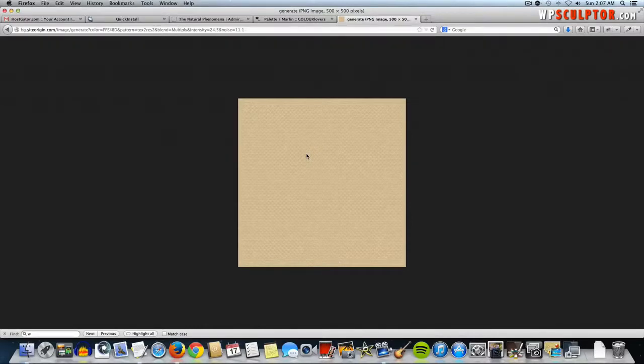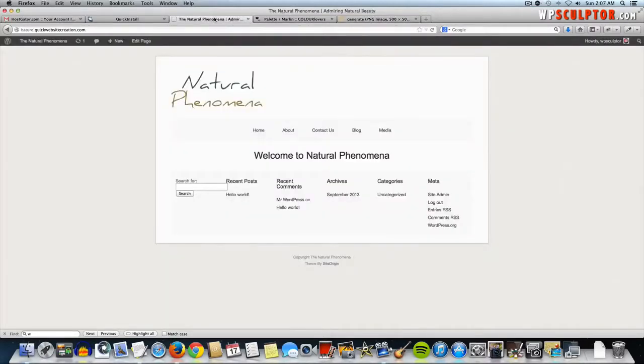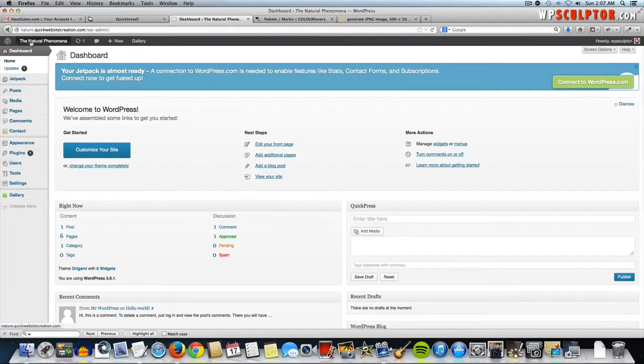So different screen sizes might affect it otherwise, but since we're using a repeatable pattern, this is going to work perfectly. So I'm going to go back to the back end of my WordPress website, and to upload that pattern that we just downloaded, I'm going to go to Appearance, and I'm going to click on Background,